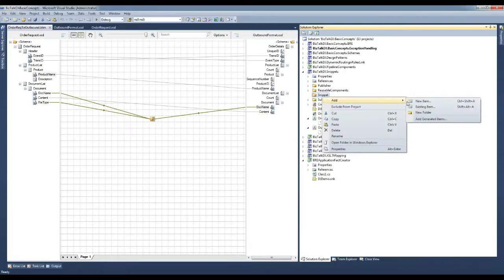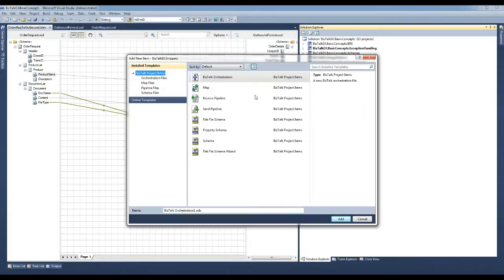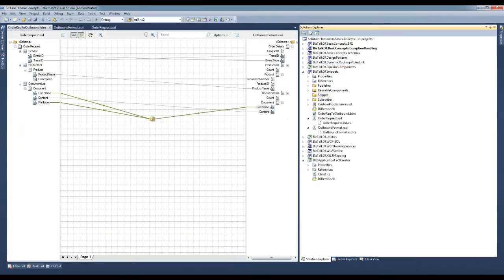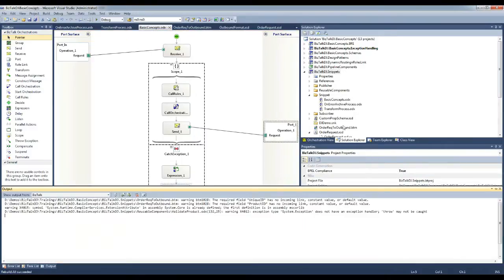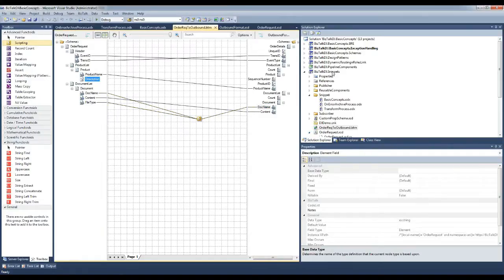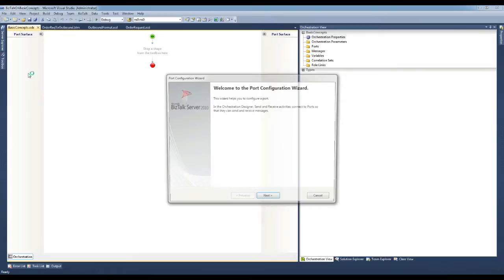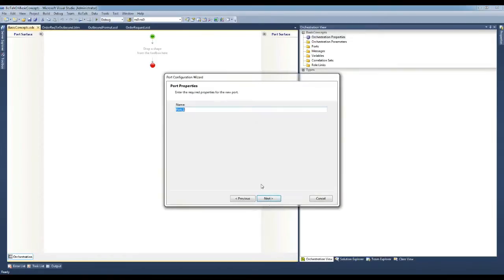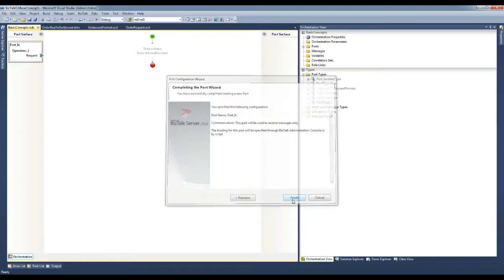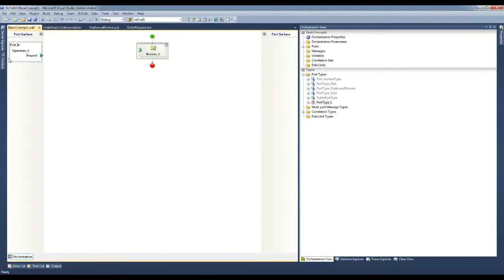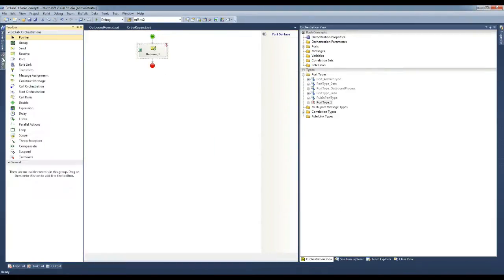Here I would add a new orchestration process. I would configure a logical receive port to receive the message. And I would bring in a